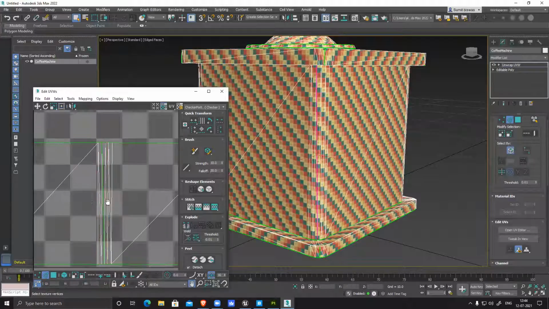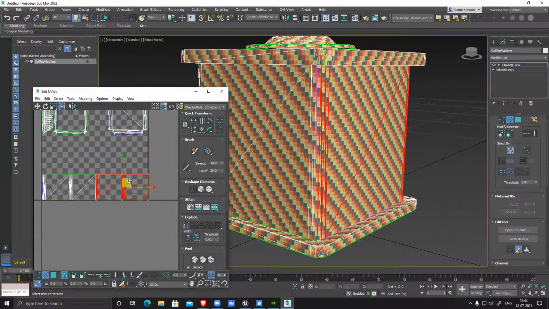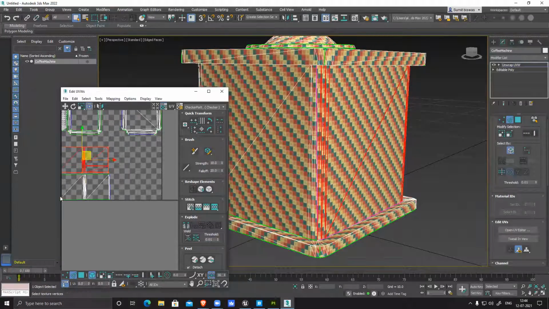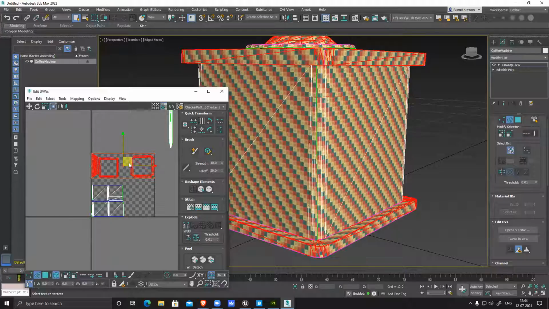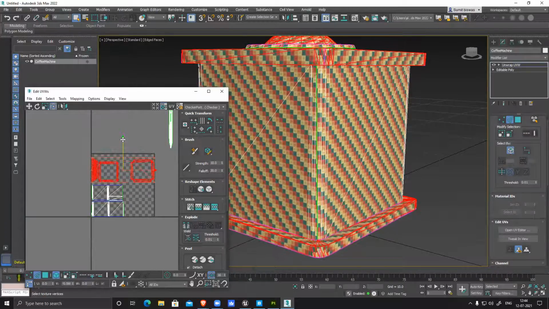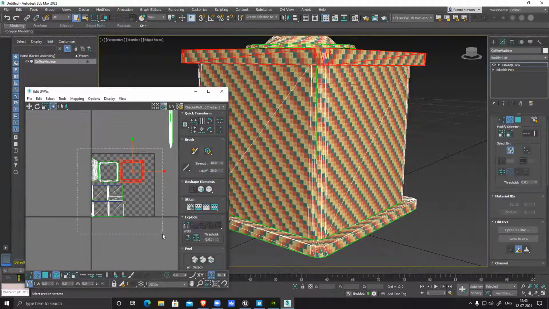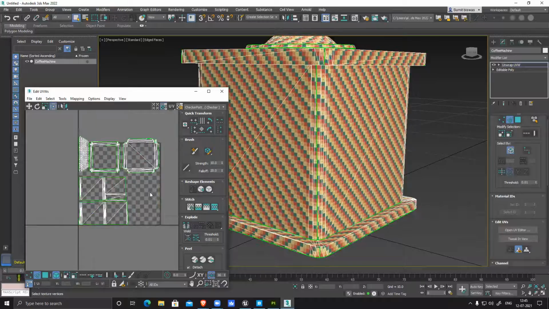Right click, break it. So now these are two different mesh shells. Place it like this, select both of them, and these two also. Select all of them, and now scale them slightly. So it will fill your space.